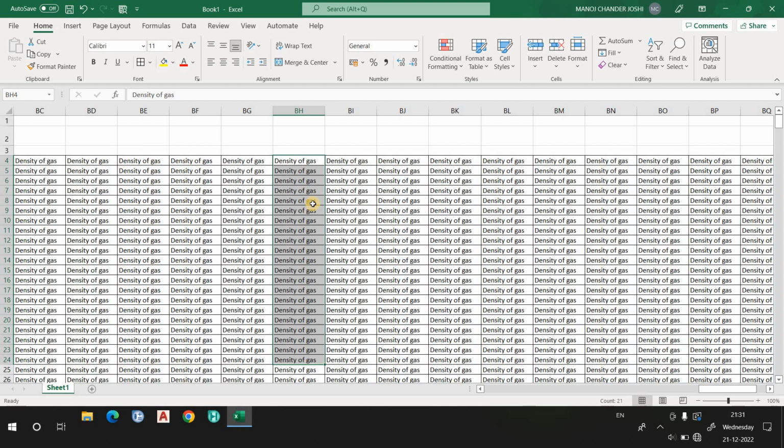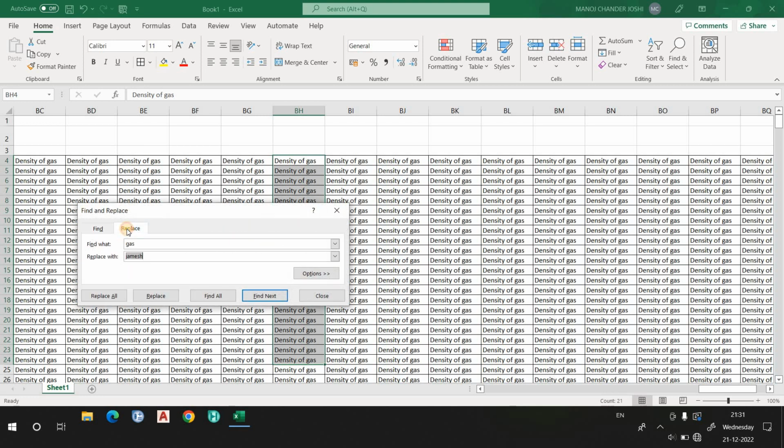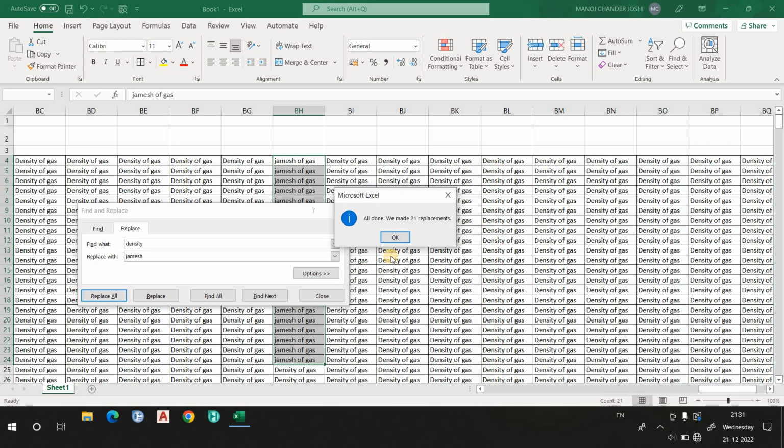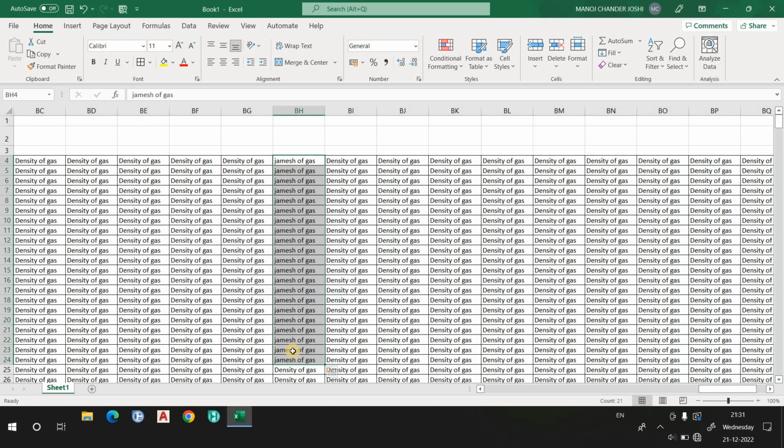Then I press Control plus F and go to replace. For find what I write density, and for replace with I write James. Then I click replace all, and you will find it says all done, we have made 21 replacements. Then OK, close. So it also replaces the data that you select.